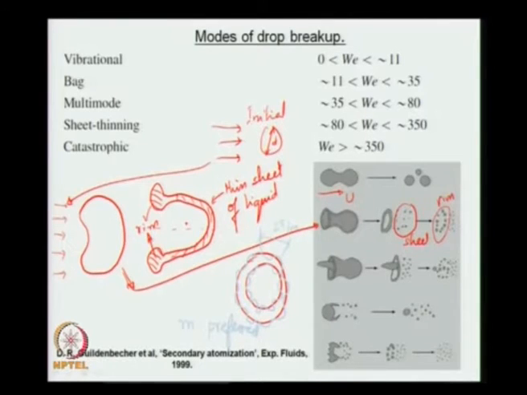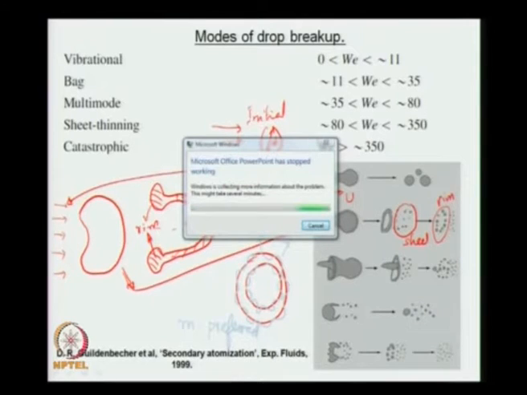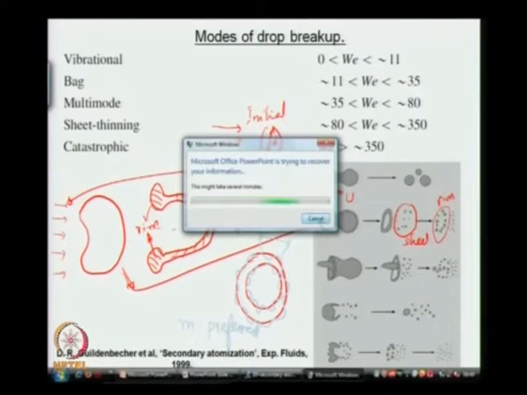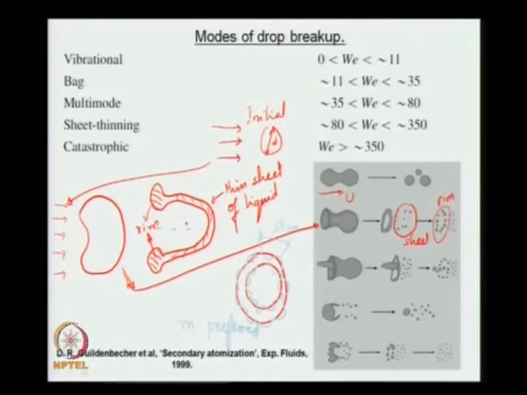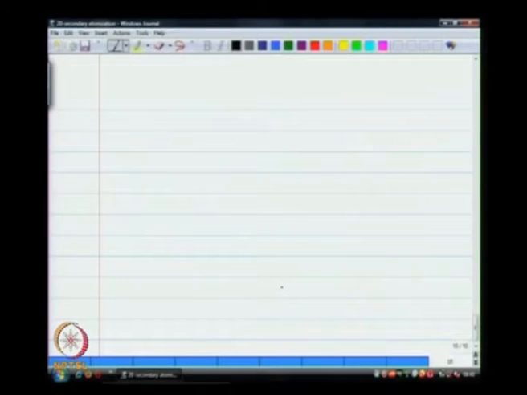There is a particular value of m that will have the maximum growth rate. It is like any other linear instability problem, where a certain mode is likely to grow faster than others. And that particular value of m now tells you what the